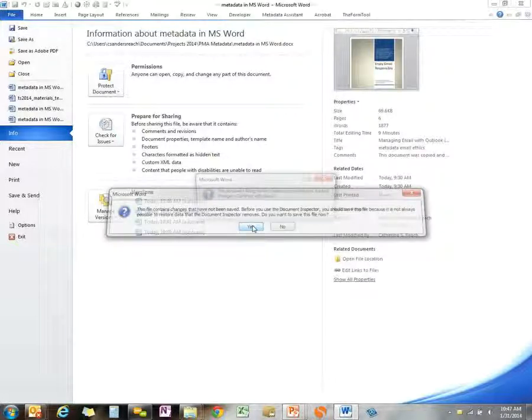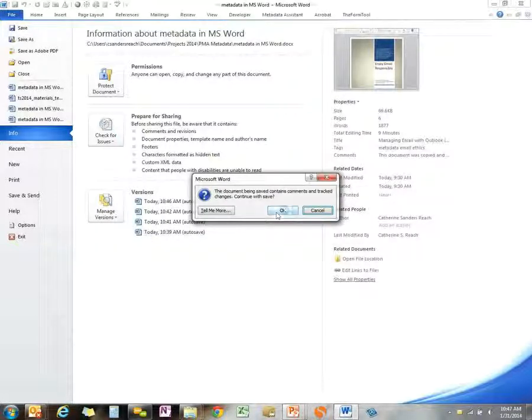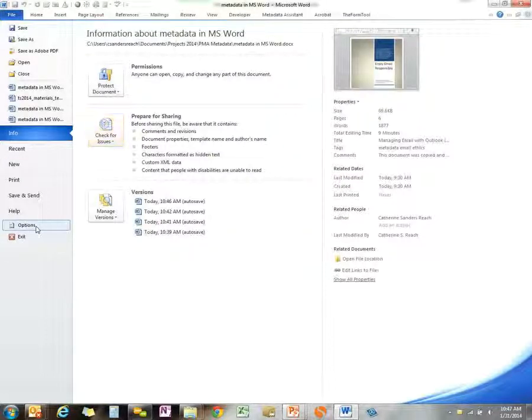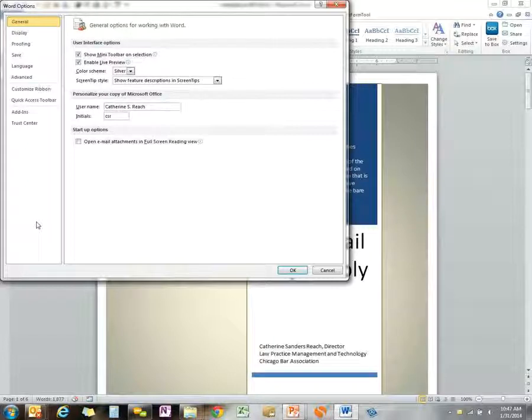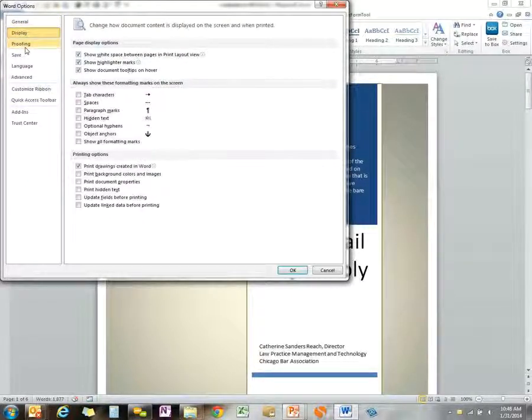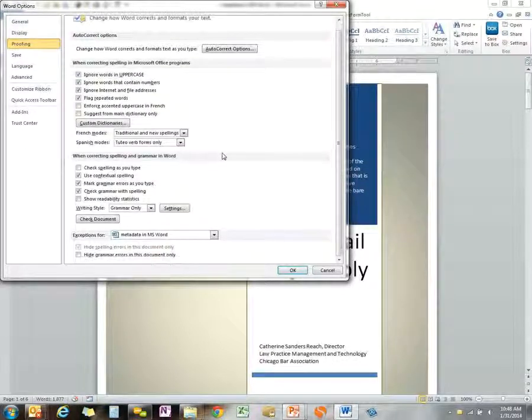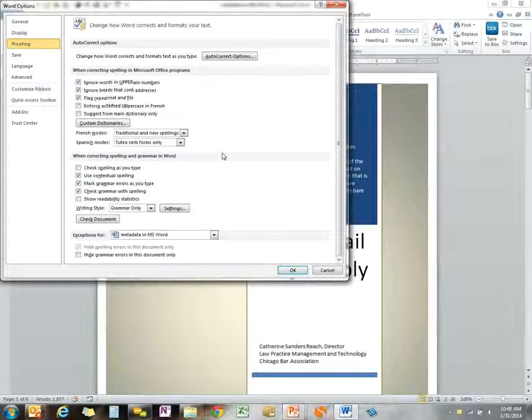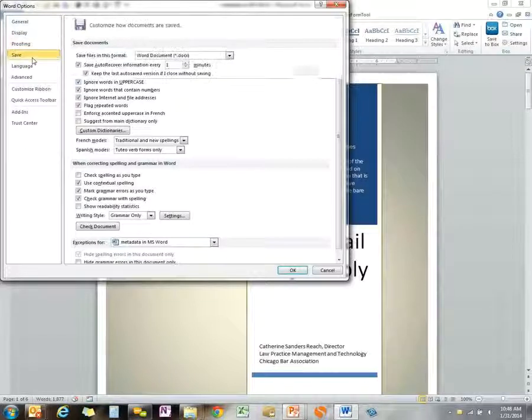It wants you to save it. Oh, okay, I added this on my own, and this pops up and says this document is being saved with comments and track changes. And the way that you do that is actually in the Options menu. And in Save,